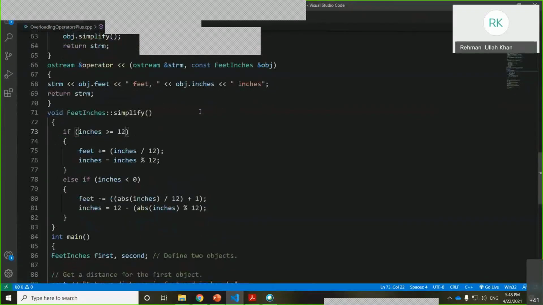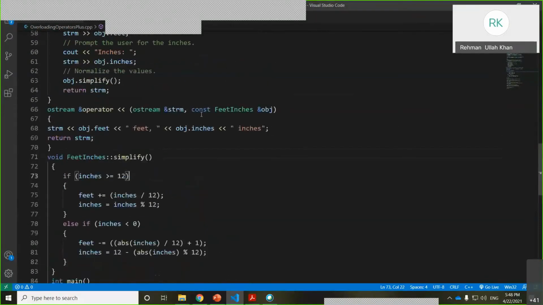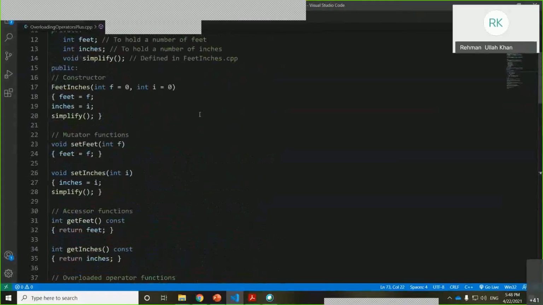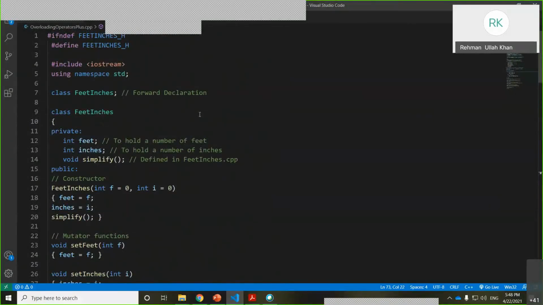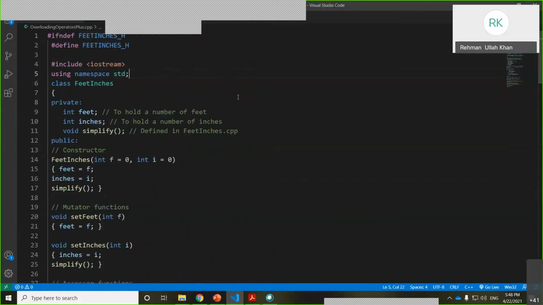Okay, so to understand how to overload plus and minus operators, let's consider this class. The class name is feet inches. You can remove this stuff also. To understand, this class has int feet, int inches.